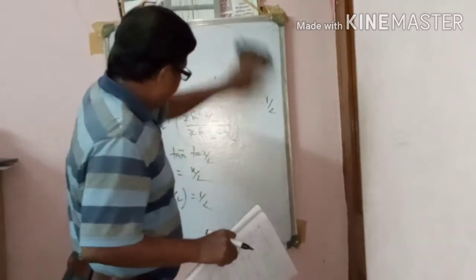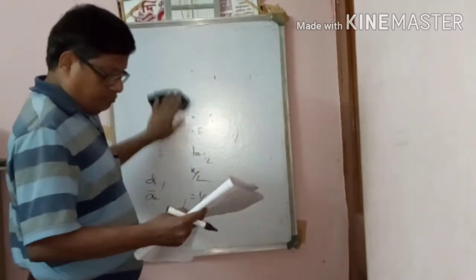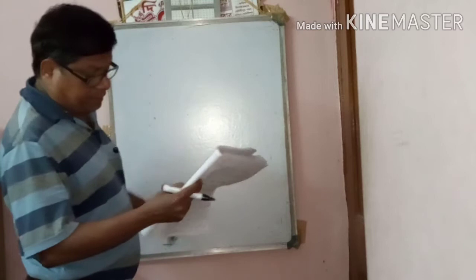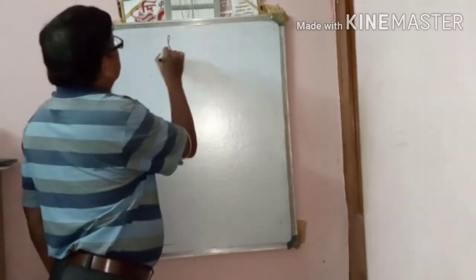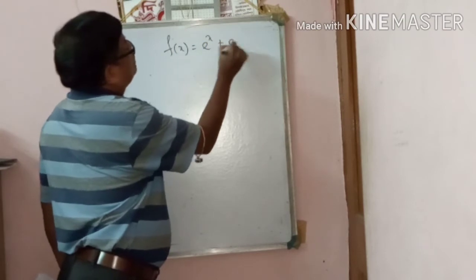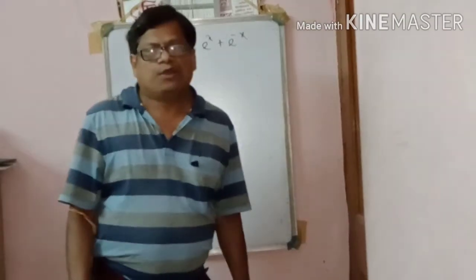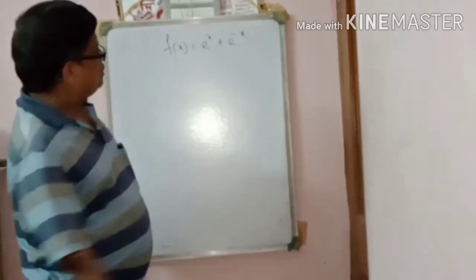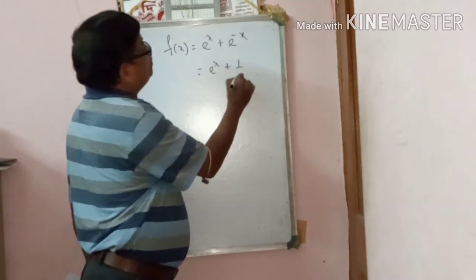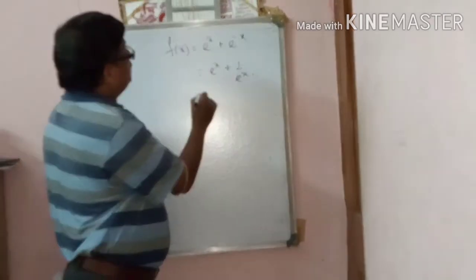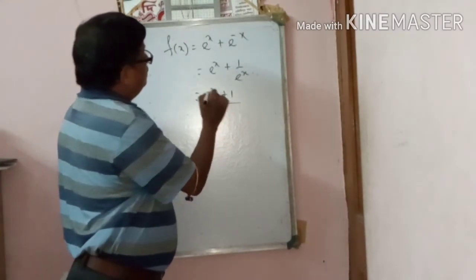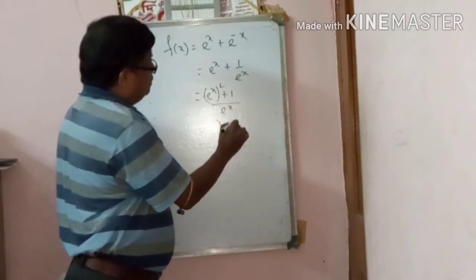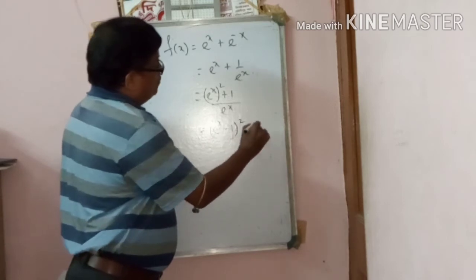Next part: the least value of the function. Suppose f of x equals e to the power x plus e to the power minus x. What is the least value of the function f of x? So you can write e to the power x plus 1 by e to the power x, no? So here it will be (e to the power x plus 1) whole square by e to the power x. So this part we can write (e to the power x minus 1) whole square minus 2 e to the power x